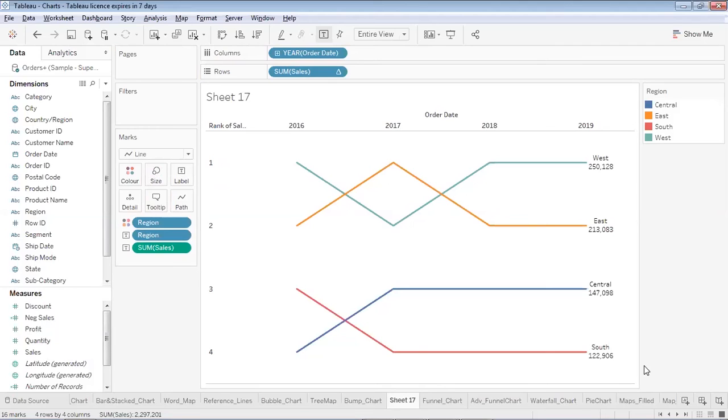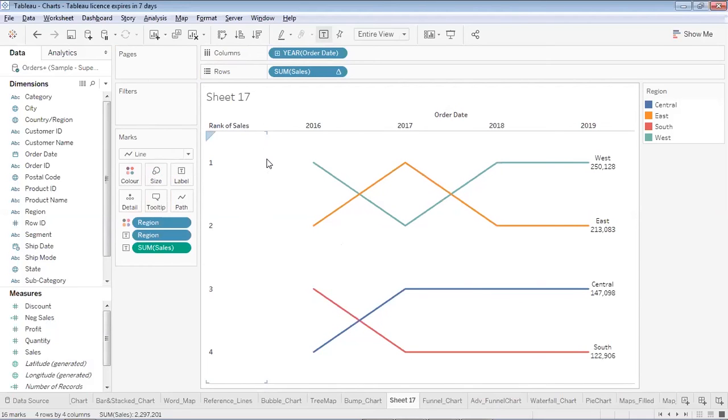I would like to repeat it again, that a bump chart is nothing but a line chart where the rank changes over time. So over here, it is a line chart only, but it is showing me the sales based on ranks. I'm seeing the sales across regions, and the region sales have been ranked based on the highest sale being the first rank and the lowest sale being the last rank, and it is being shown over a period of time. So that was all about the bump chart. Now we'll see our next.